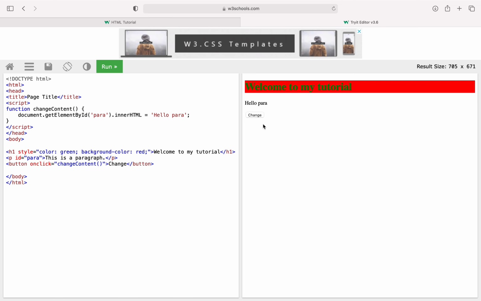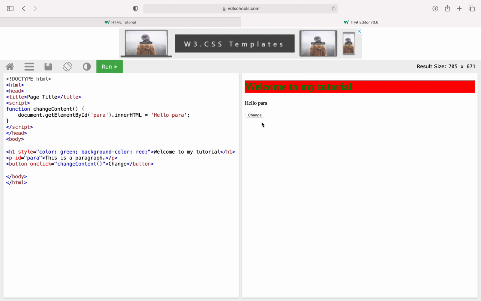That means we are interacting with the web page using JavaScript. JavaScript makes the web page dynamic, in the sense that we are changing it dynamically, like on the click event. There are many different things in JavaScript. I will explain briefly while explaining JavaScript.